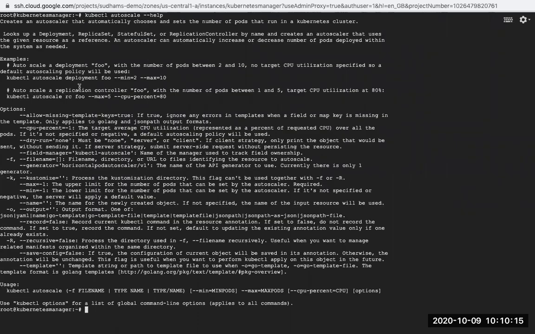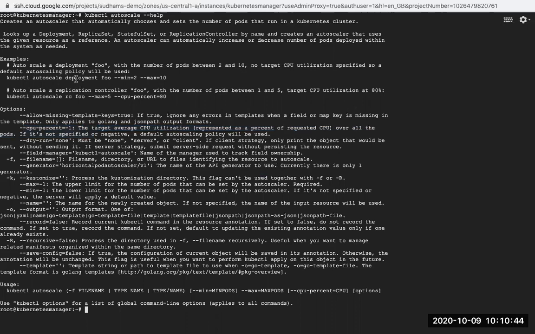Look at this example. Horizontal pod autoscaling can be applied for deployment, replica set, stateful set, and replication controller. You cannot apply it to a daemon set. It is not possible, since a daemon set doesn't accept the replica concept itself, so obviously you cannot use horizontal pod autoscaling either. And right now it is present only for CPU utilization, not for memory utilization and not for network IO throughput.